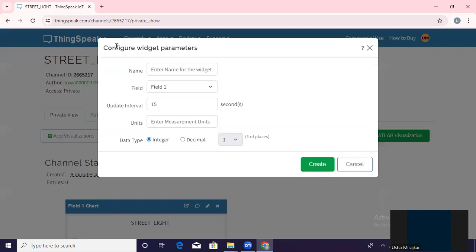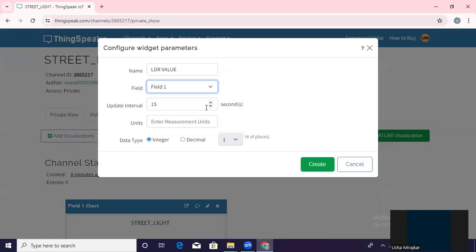Next, here the LDR value, and from field one here again. The update interval is by default 15 seconds here.